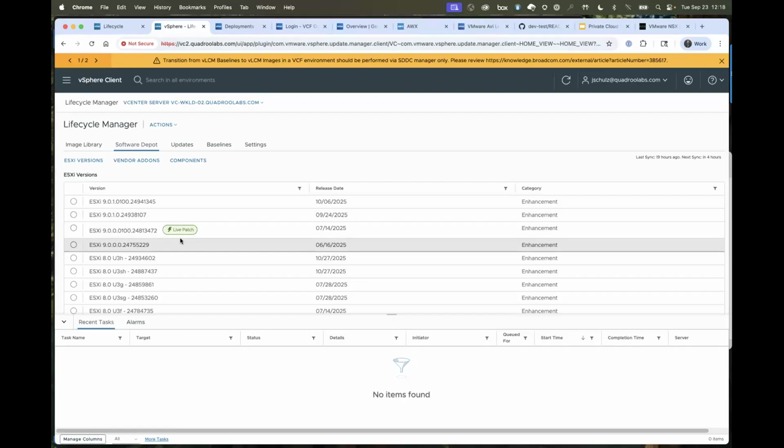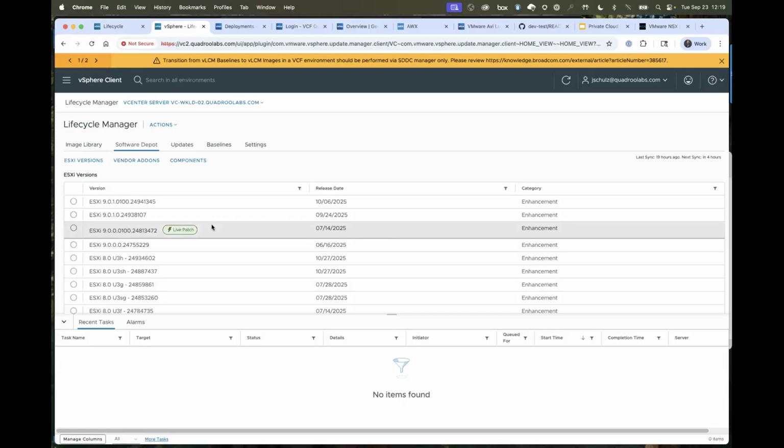And so that ability to live patch my ESX host has been there for a while now. However, we've now enabled live patching for a much broader set of functionality within the environment. So we're hoping that 70% or so of the patches from here on out will be live patches, as opposed to something that's going to cause a significant maintenance window and big effort.